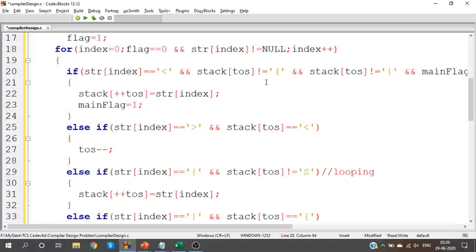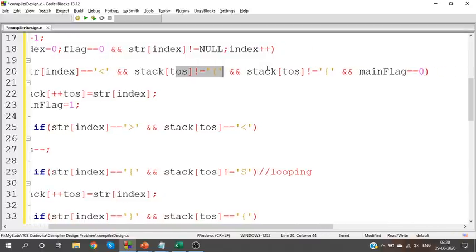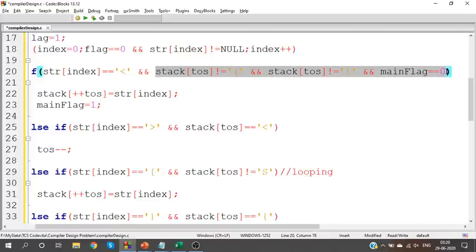Just think of it as statements, you'll understand. This main should not be in a user defined function and it should not be in a loop, right? That is main, and you should not have a pre-existing main function. So these are the three things for a main function: not in a user defined, not in a loop, and not already declared. Okay, there are two conditions I've added on my own only.